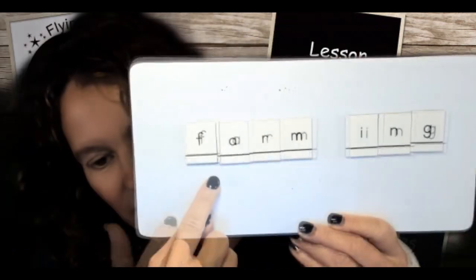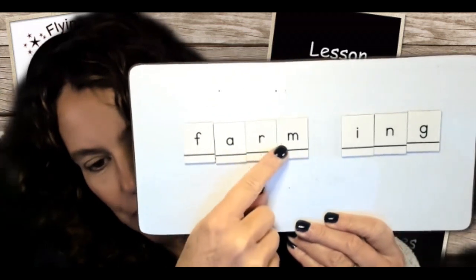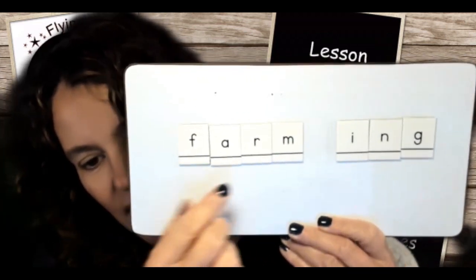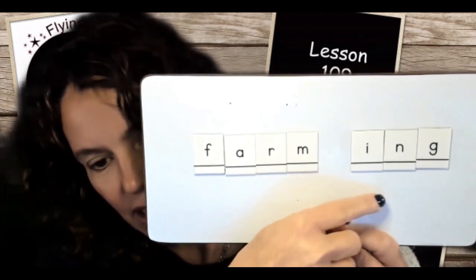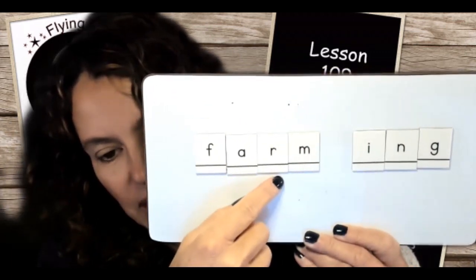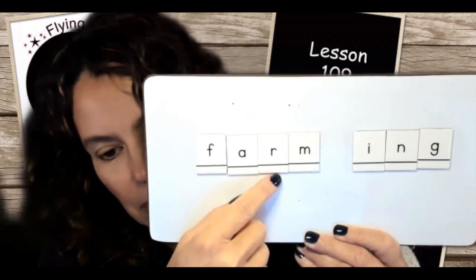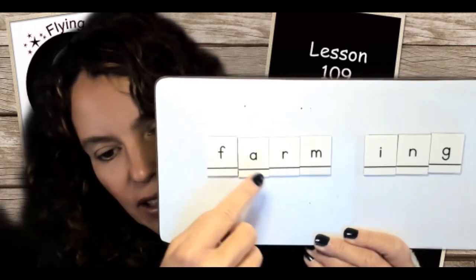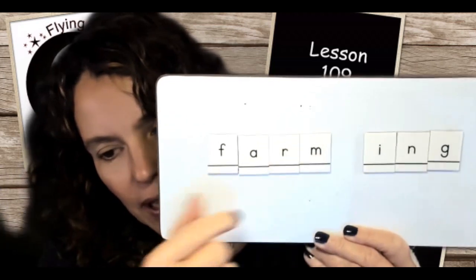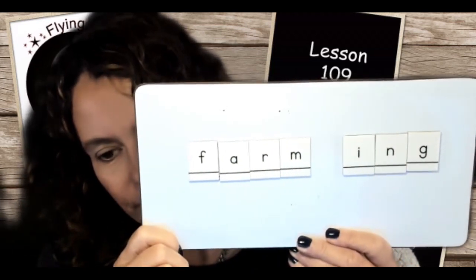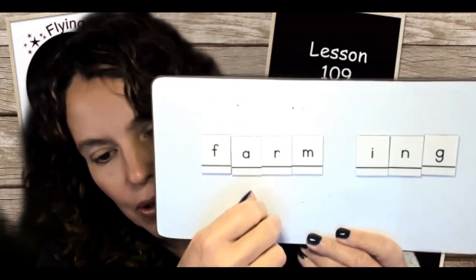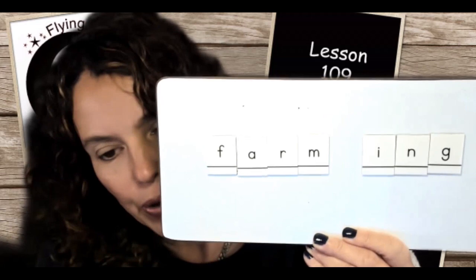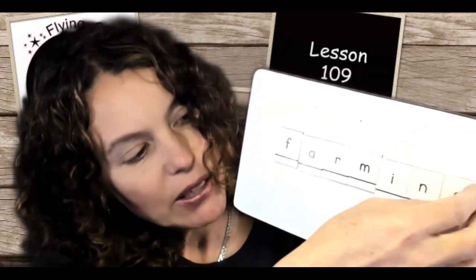So now I'll give you another example. Here's your second one. Did you say that this word is farm? If you did, that's right. And I would like to add ing onto farm to make farming. So knowing that we're following the same spelling rules that come up in closed syllables, how would I do that? How do I spell it? Tell your teacher now. Well, in that case, we already have an R and an M at the end of the word. So when I apply the 1-1-1 rule, I realize no doubling is going to happen,